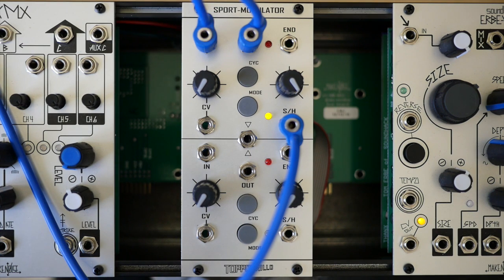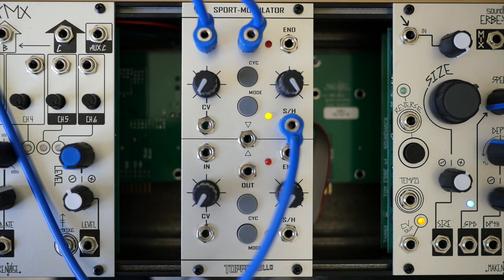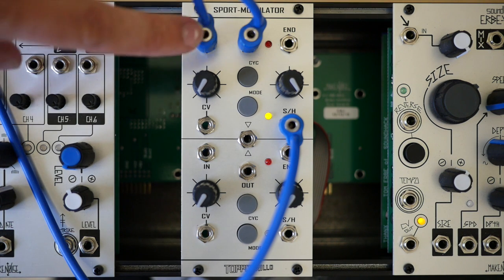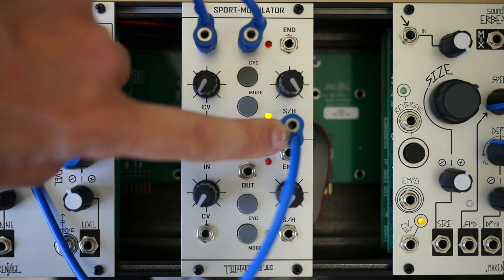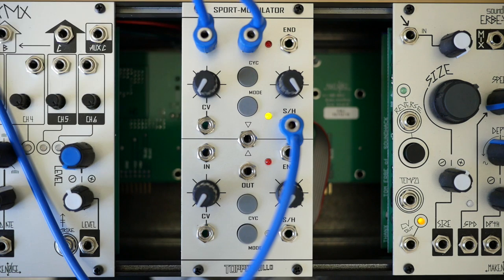Whenever we send a new gate signal or pulse, like right now, it'll pick up and sample whatever voltage is going in there at that moment. So you basically have a sample and hold. If you were to put white noise in here and a clock in here, right out here you'd have your typical stepped random voltage. So if I just tap this pressure points a bunch,